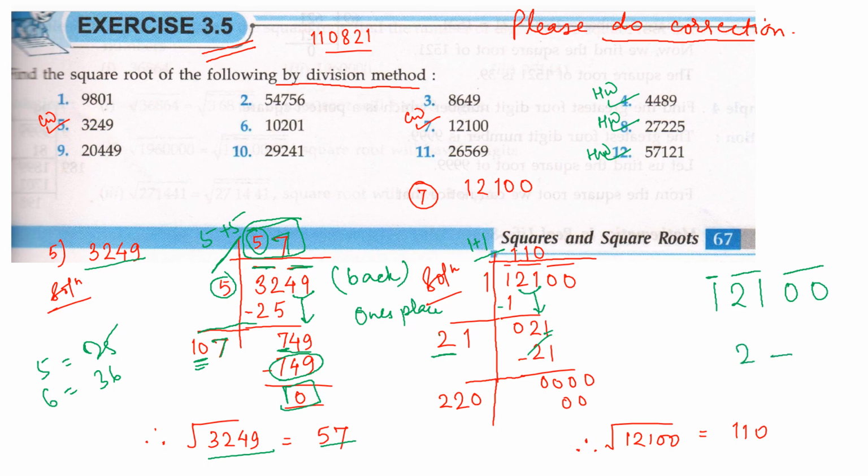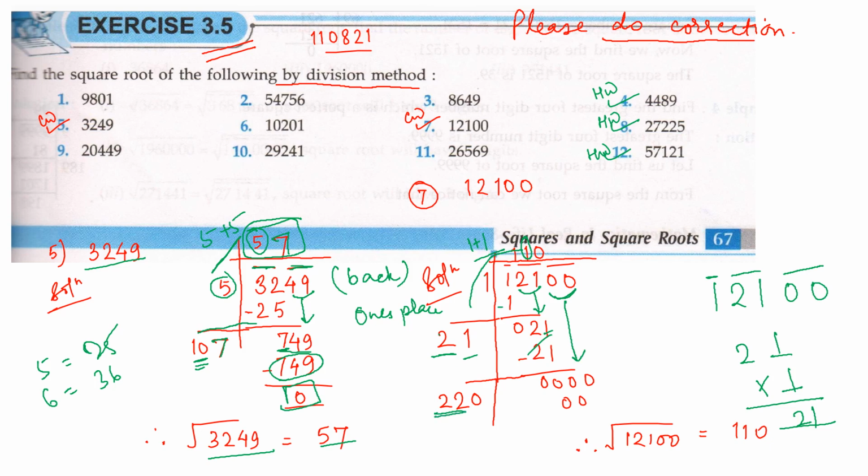So in front of 2, what are you going to write, and with the same number you are going to multiply so that you get 21. So it will be 21 into 1. So I wrote a 1 here and 1 at the top. 21 into 1 is 21. Now if you see, we have one more pair of 00. So this I will copy, and this 1 plus 1 will be added with the 21. So we will get a 22 here.